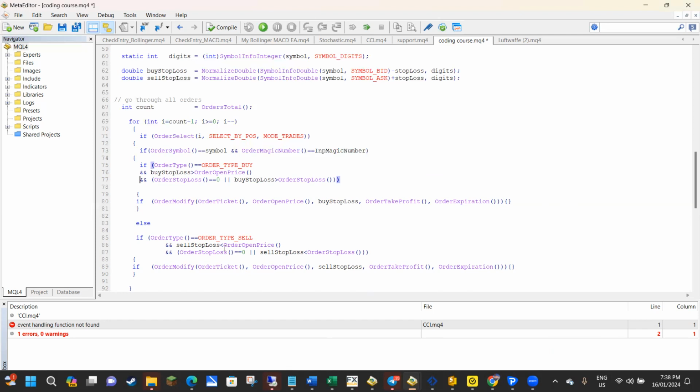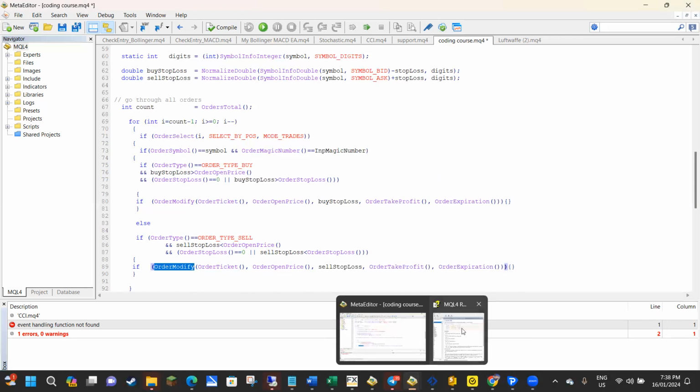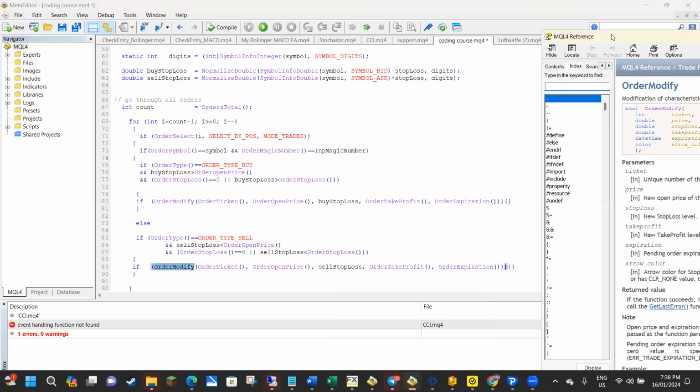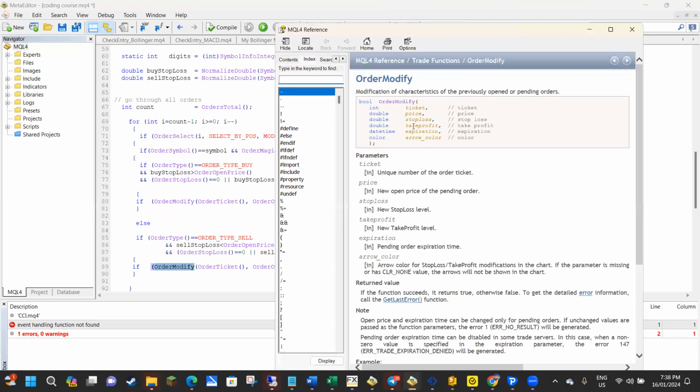So this time, we're just using the sell stop loss to adjust it because it's a sell order instead of that. Anyway, the main bit of code there I want to talk about, as I said, was OrderModify. Those are the different variables you can put in. So you can adjust the stop loss, the take profit. If it was a limit or a stop order, you can add an expiration time or date to it,